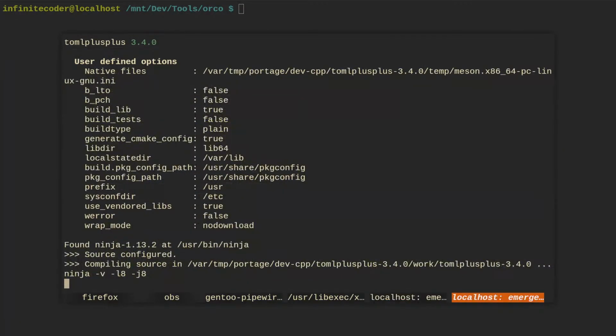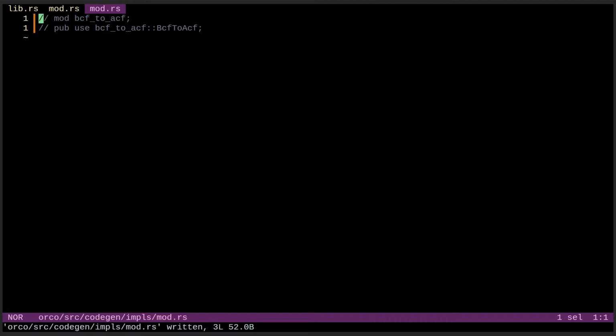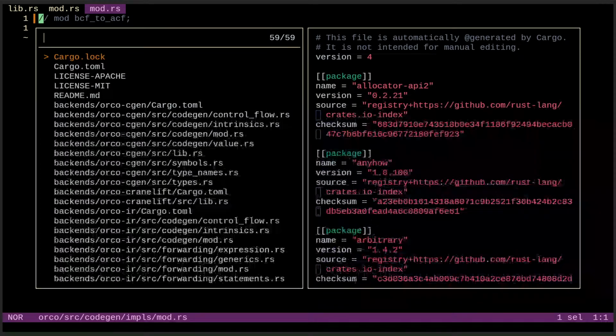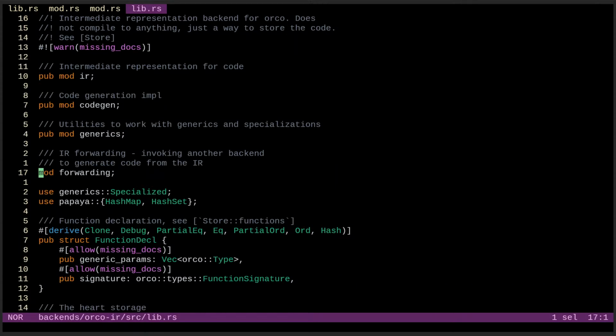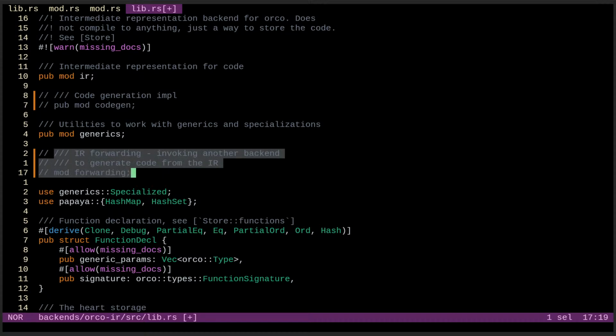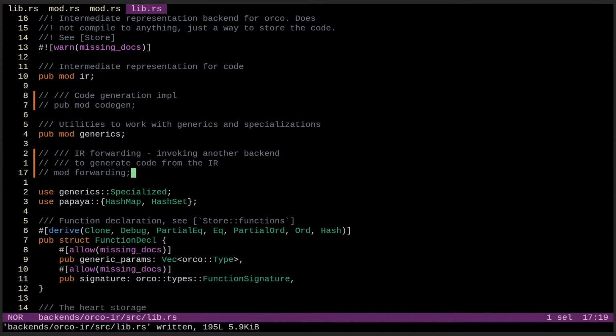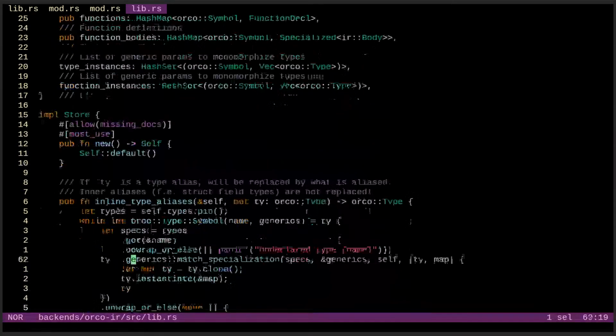Okay, let's slow down, I think. So do we do IR or do we do Cgen? I want to rewrite both of them, to be honest, because both of them are bad. IR lib. I kind of want to get rid of Cgen forwarding. So IR is fair.